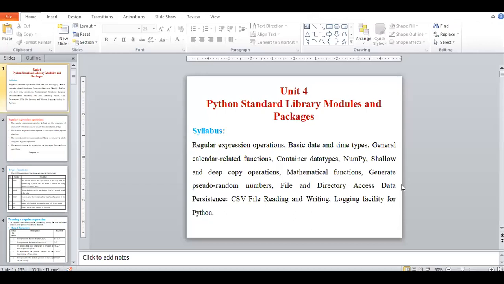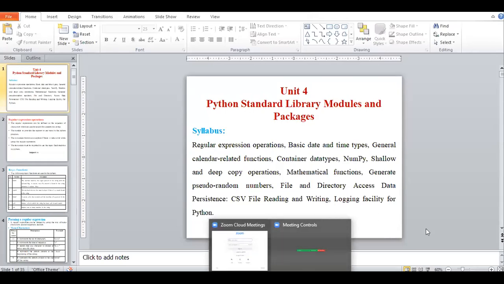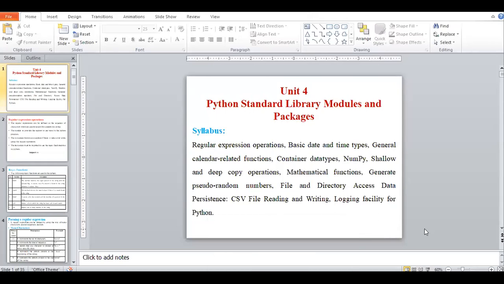So I want some of the students who are done with the CSV file operation to share your screen. Yes, how many of you?